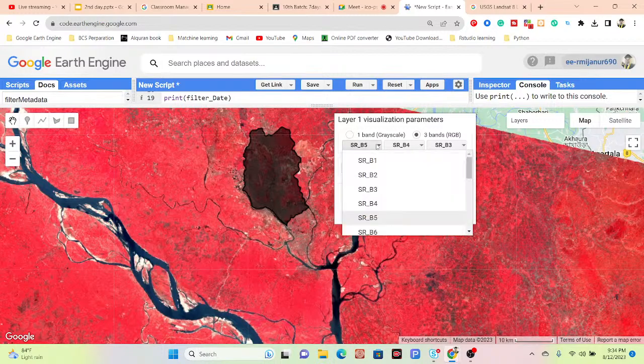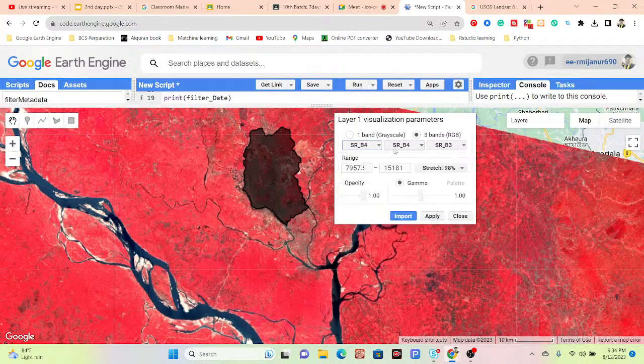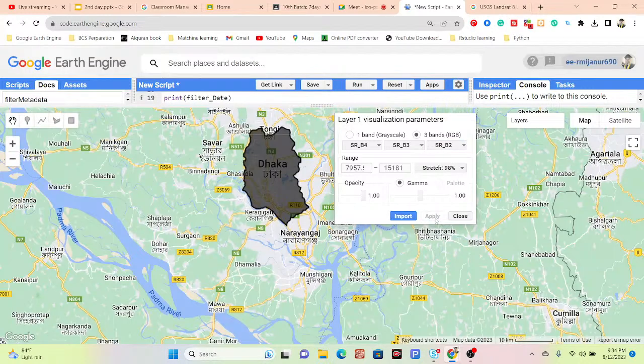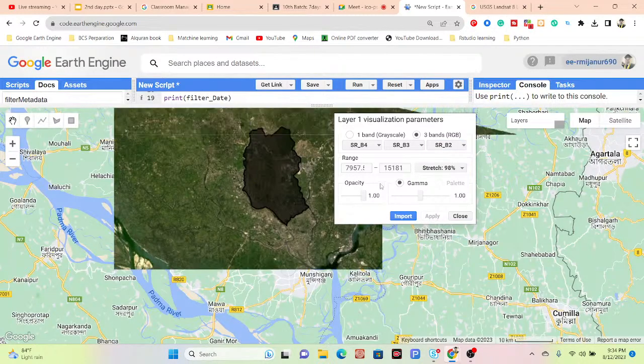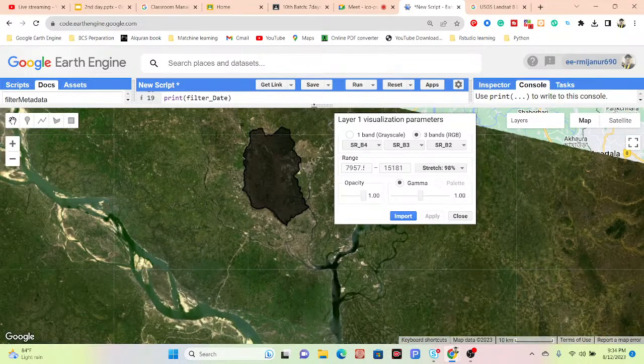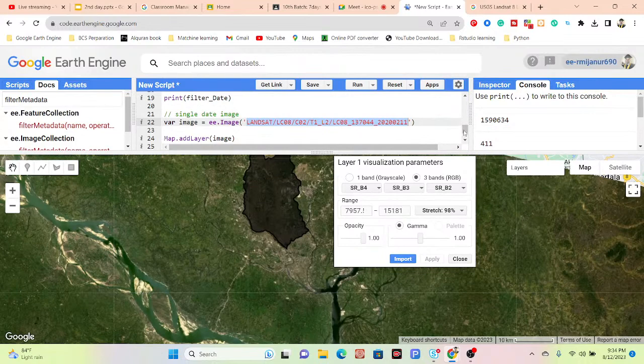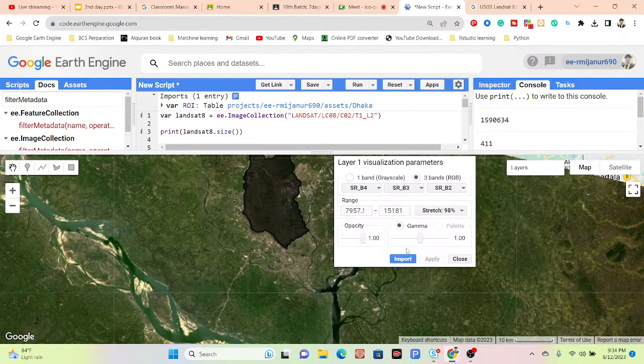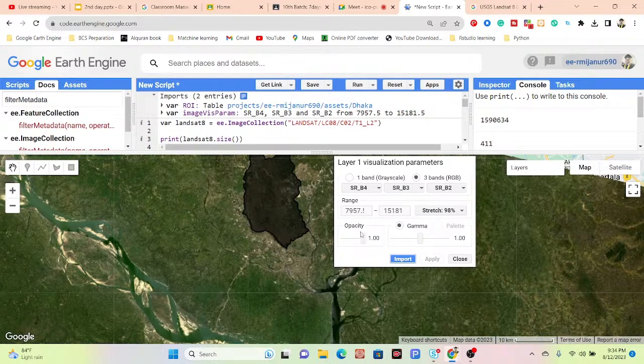So this time, suppose I simply use the true color composite or natural color, red, green, and blue, and apply it. So now I can get the natural color. And now this color I need to import. How can I import? Simply click on import. You can see when I click on import, a new line of code will be added in here. Simply copy that,